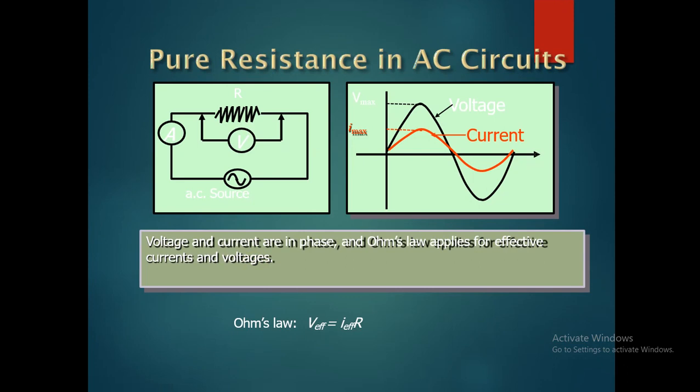See, it's very easy to understand. We are using one resistive network. The resistance alone is connected in the circuit and supplied by one AC source. Here we can see the angle between voltage and current for the resistance. This is the voltage across the resistance, and Imax is the maximum current flowing through the resistance, and both of them are in phase.